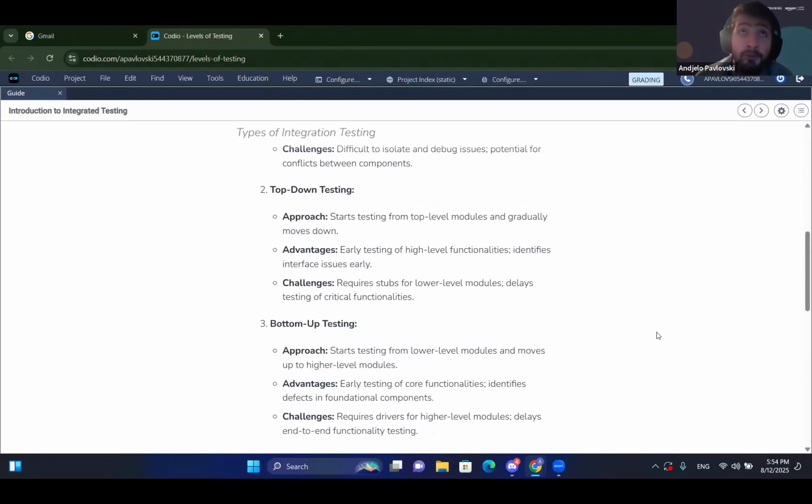Moving on, we have top-down testing. I see one more question. If we know a test is failing and the fix is already planned, can it be actually useful to circumvent the issue to test other